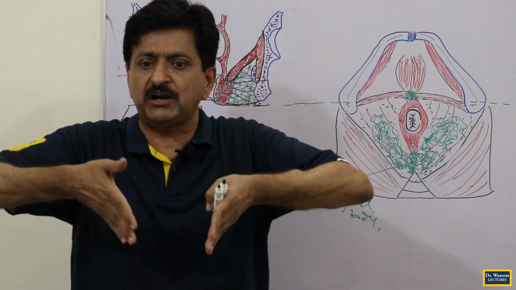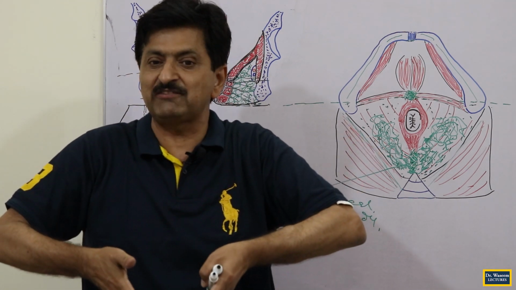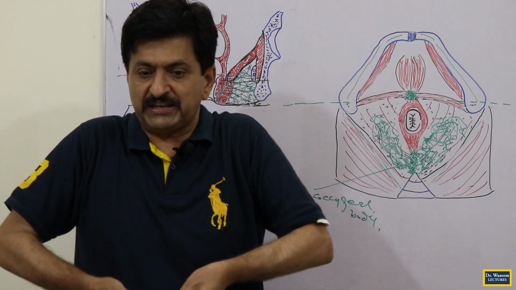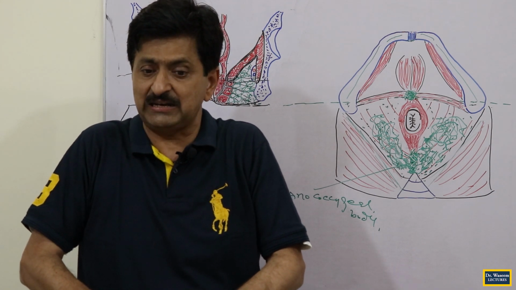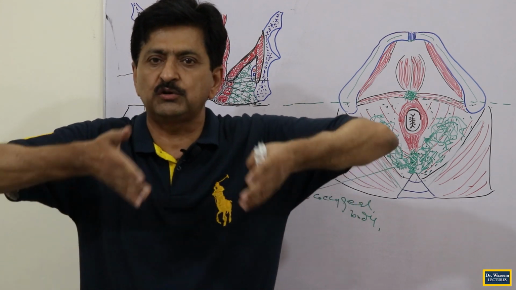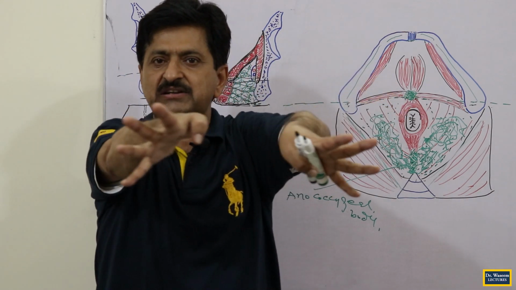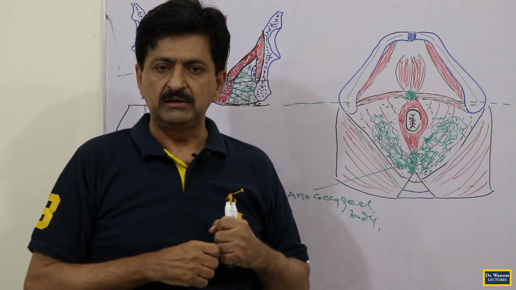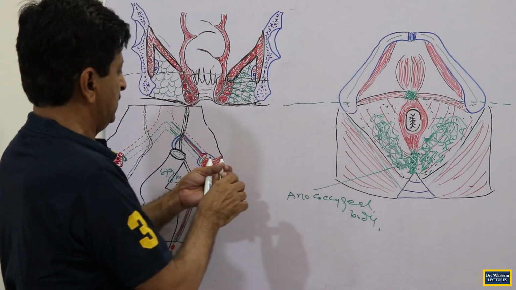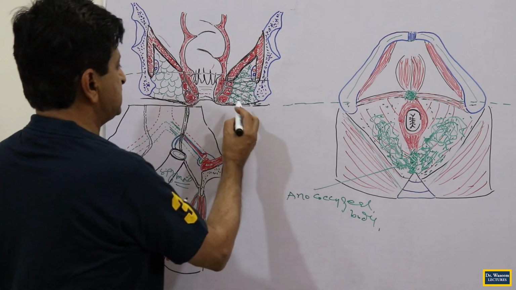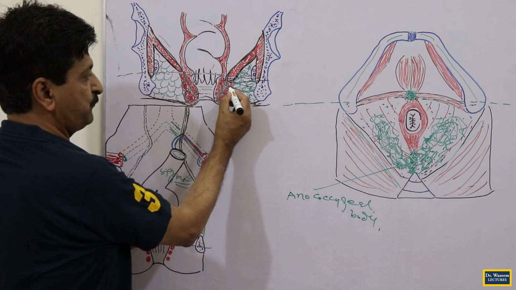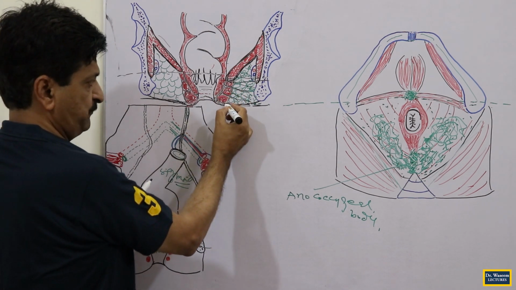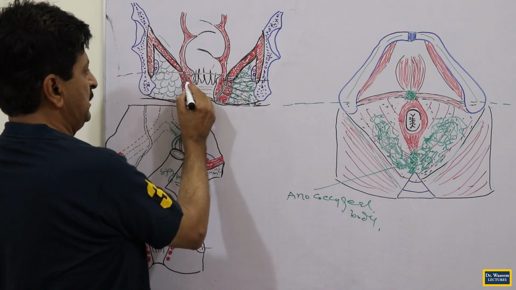sphincter, but also the longitudinal muscle fibers, which closer to the skin become converted into fibroelastic strands. These will catch hold of the dermis of the perianal skin, but the strands will also go laterally, and laterally they will fix with these fat bodies and anchor the anal canal in the middle. So these fat bodies are traversed by the fibrous strands coming from the longitudinal muscle fibers. These are fibrous strands now, no longer musculature,